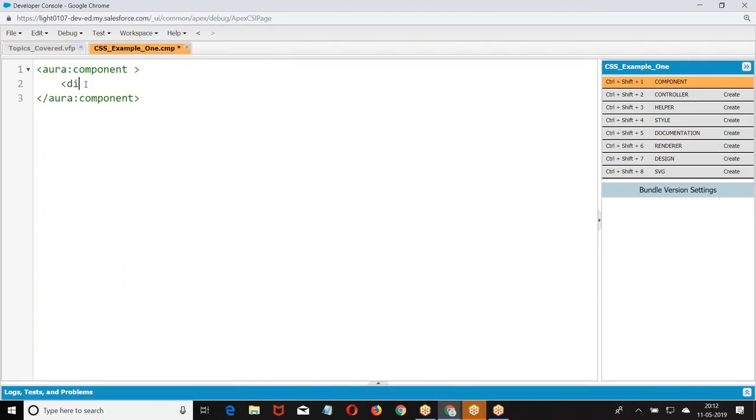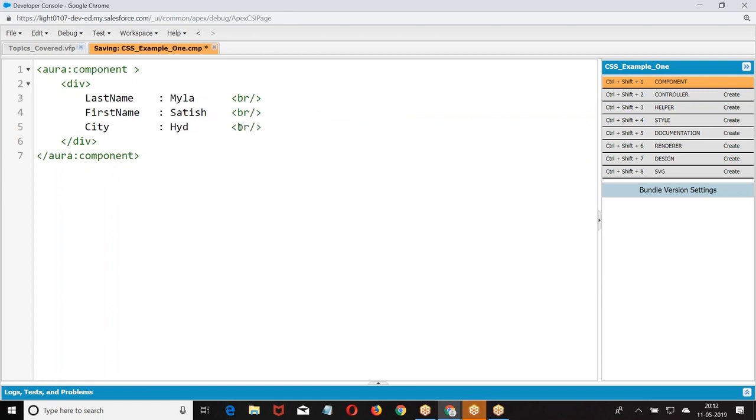Now I give. Right. Now we want to apply CSS for this component.